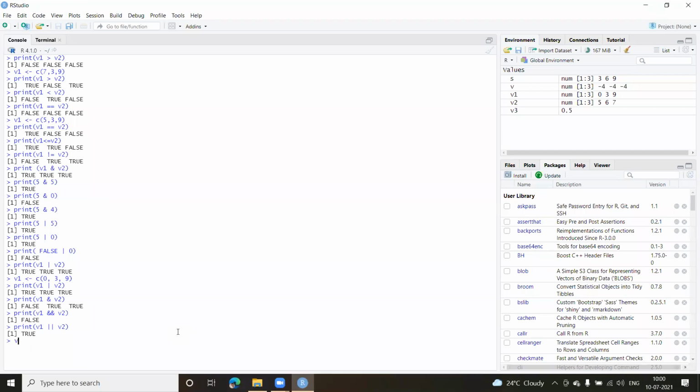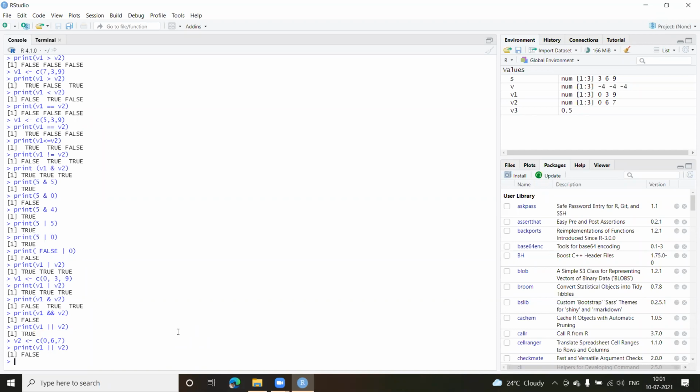Let me change V2 also. So if I say V2 equal to c into bracket, let me put this as 0, 0, 6, comma 7. And now use print into bracket V1 or V2. Now it is false because both are false, 0, 0.